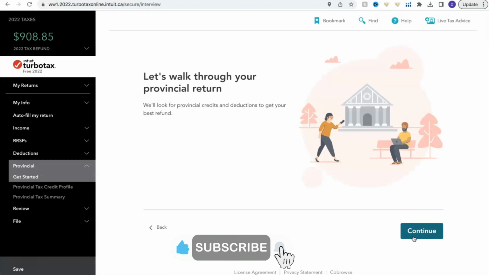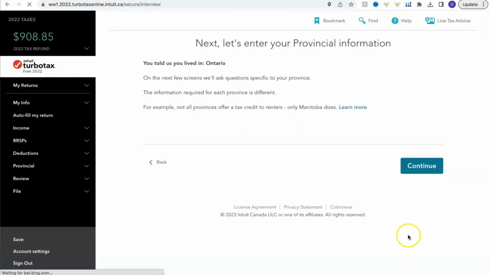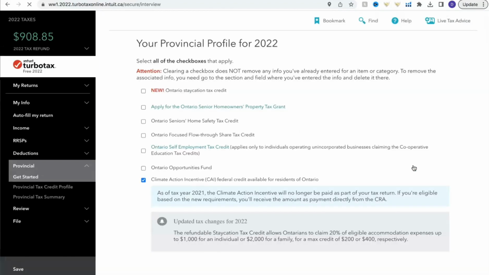Now we do some provincial tax credits, so let's go through these. So now it's going to ask questions about where we lived, if any of these credits apply to us. So remember,